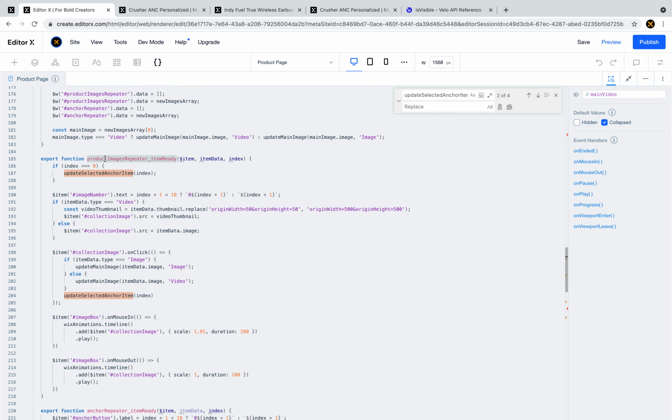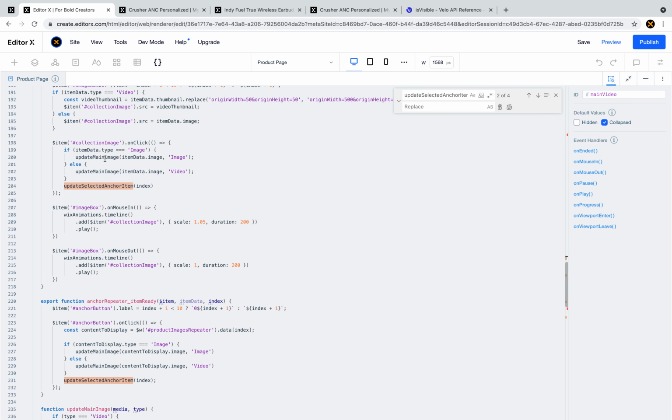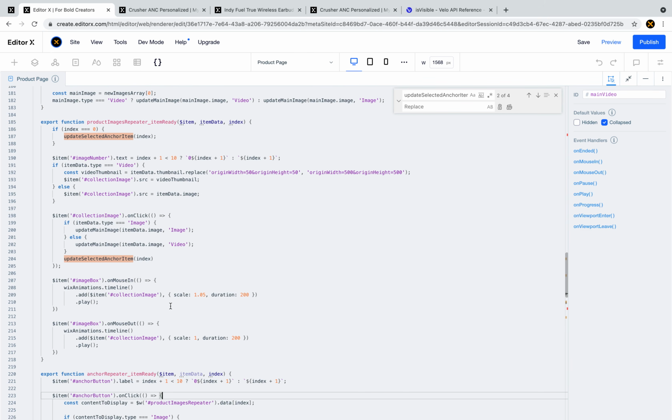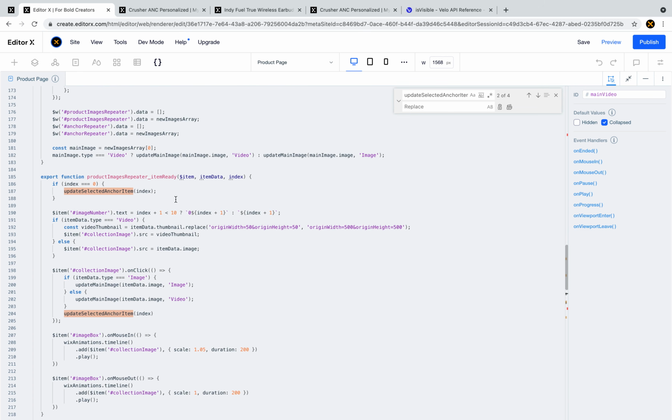This is product image repeater on item ready, and this is the anchor on item ready. So this is on click. I don't want to do it on click. I want to update immediately. So, oh, basically, no. I need to